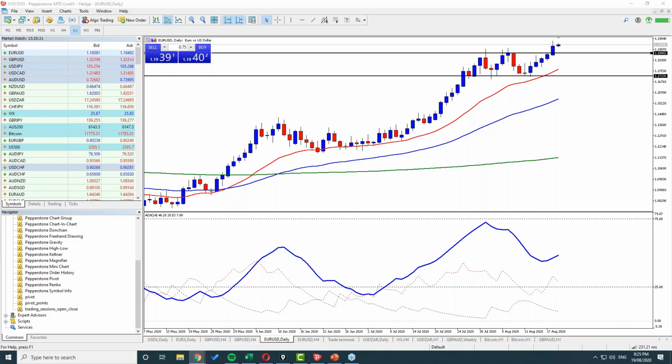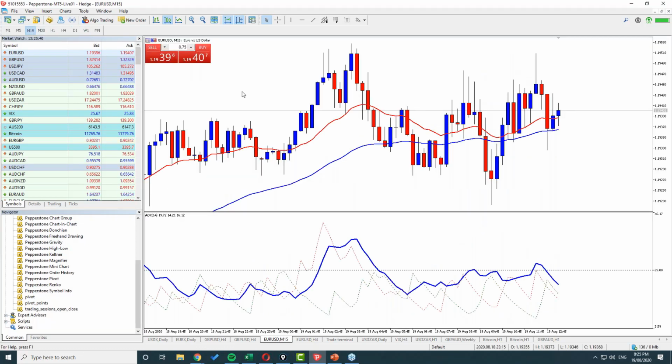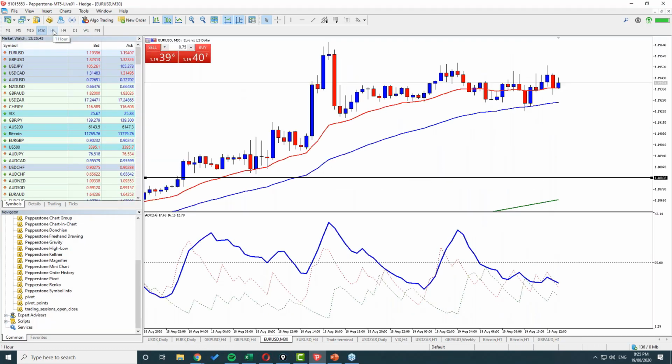So when you're using an ADX as a multi-time frame tool to get some more confirmation, you don't want to be going much more than the time frame directly above. You don't want to be going 5 or 6 time frames down, because there are many trends that are going down on a 15-minute and a 30-minute that are completely opposite to what the daily is doing. So just keep them pretty close to each other.